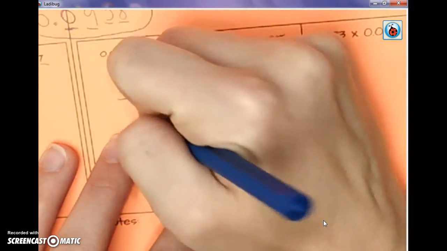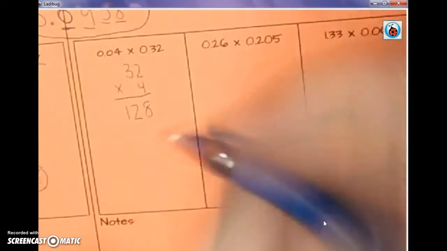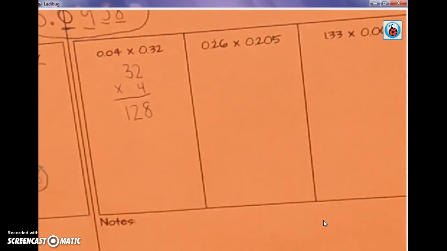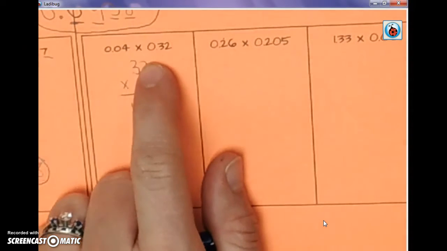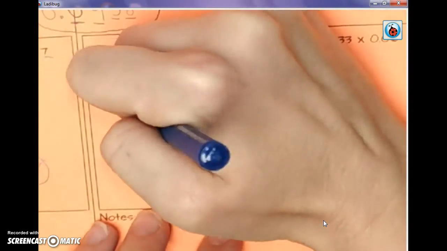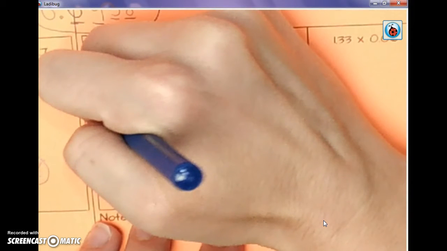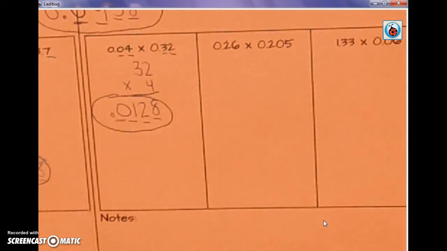So, 4 times 2 is 8. 4 times 3 is 12. Raise your amount of fingers, the amount of decimal spaces we're going to have. Raise your fingers. Show me. 4. And this one right here. 1, 2, 3, 4. Hey! Now we've got to go to